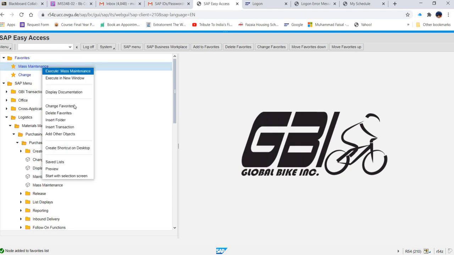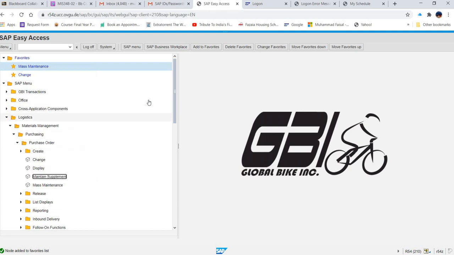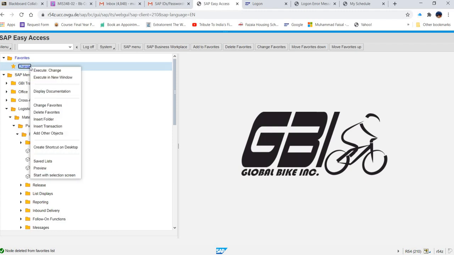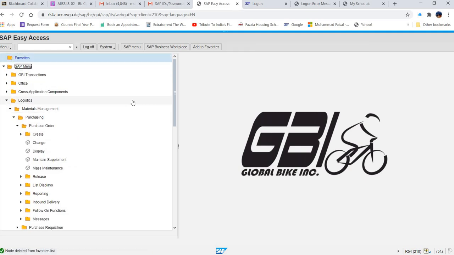Or you can make a right click, and sometimes it won't work, so you can use this option also. Delete favorite. Okay. So this is how things are going to work.